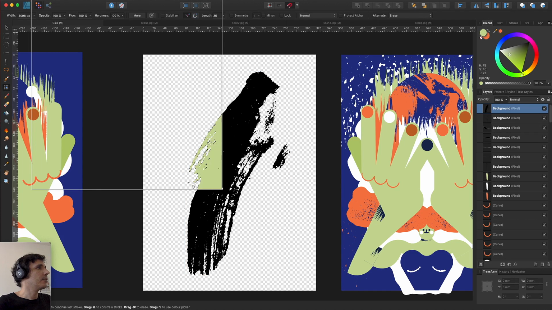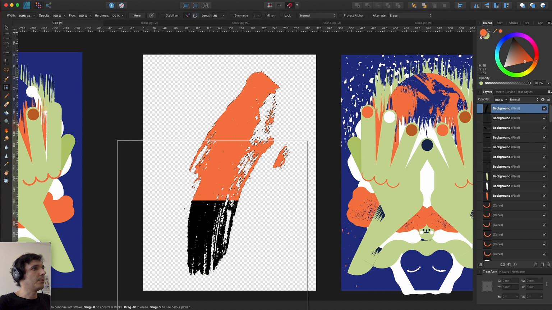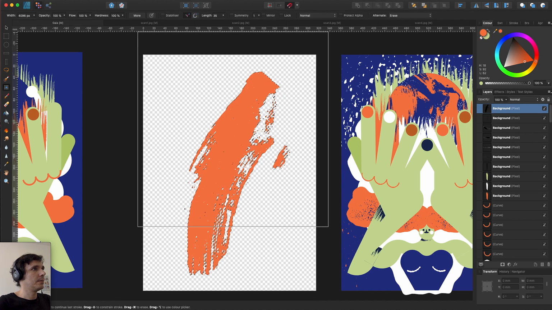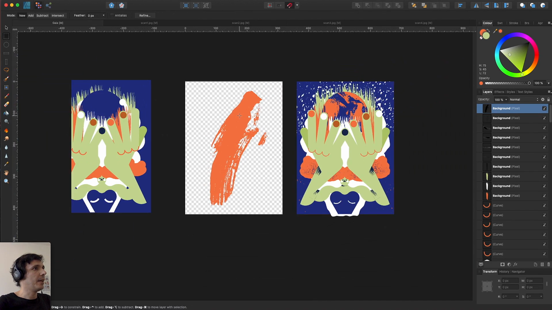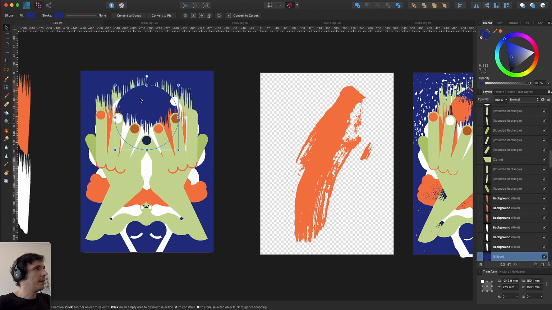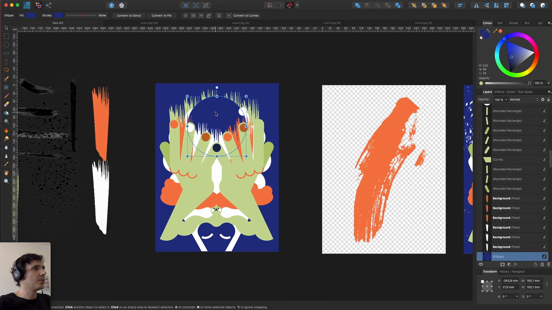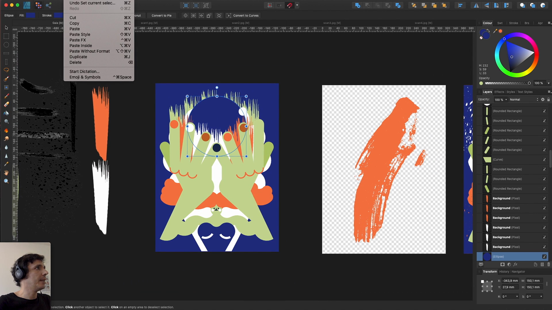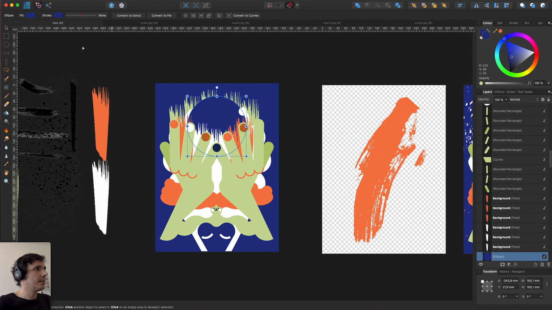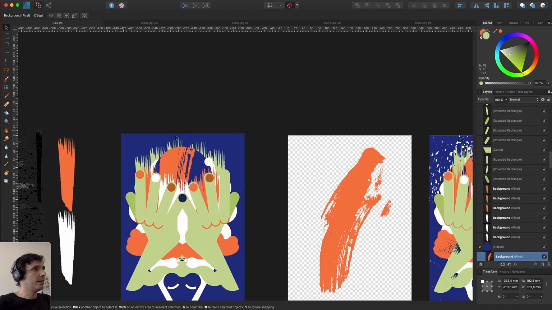And now with the brush, let's do this. Yeah, so now we have it here. Now let's select it. Let's copy, and let's paste inside the shape. To do that, you have to go to edit and choose paste inside. Now we just have to drag it here.